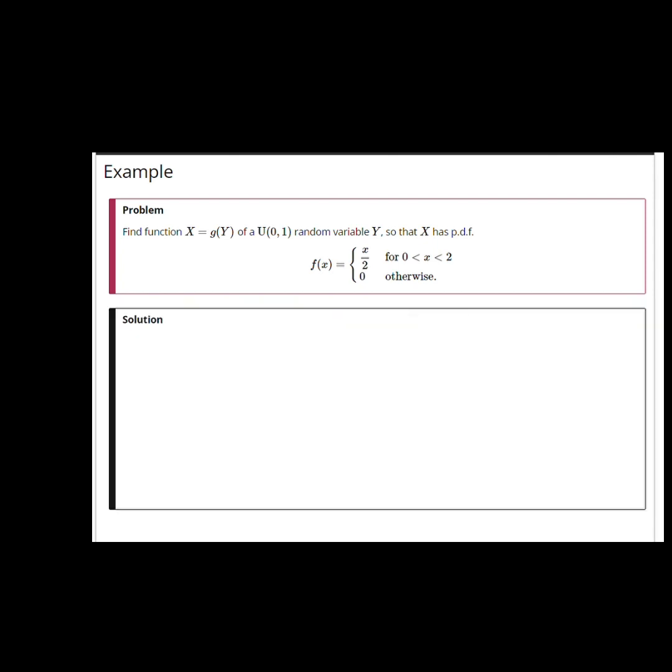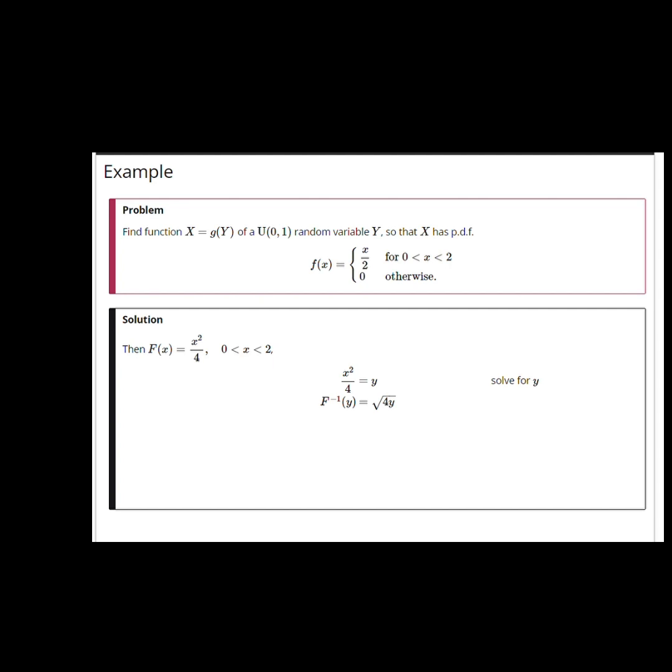Solution. The first step when dealing with transformations of random variables is to begin by calculating the cumulative distribution function, capital F of x. That's obtained, of course, by integrating the probability density, and in this case, that gives us x squared over 4 when x falls between 0 and 2. The next step is to find the inverse of that function, x squared over 4. And we do that as we did before, by setting x squared over 4 equals y and solving for x. The solution, in this case, is the square root of 4y, provided that y falls in the interval from 0